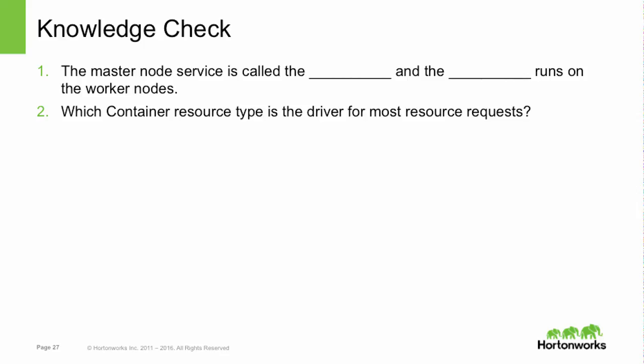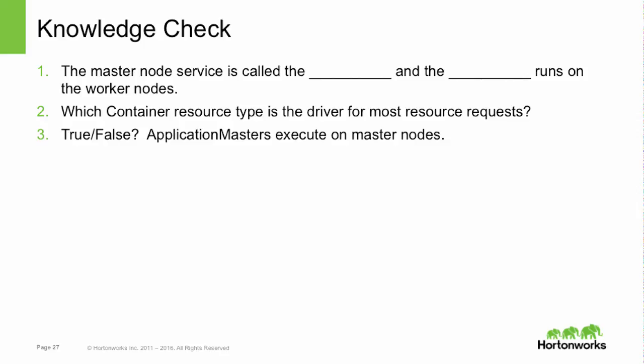All right, which container resource type are we really, at a minimum, thinking about requesting? That is going to be memory. We might ask for more cores, we may ask for a certain amount of network bandwidth, etc. But definitely the memory request is going to be the initial primary driver about where this particular container could be